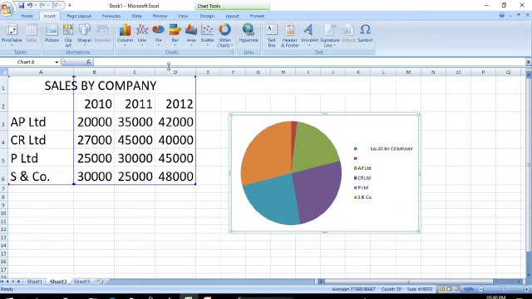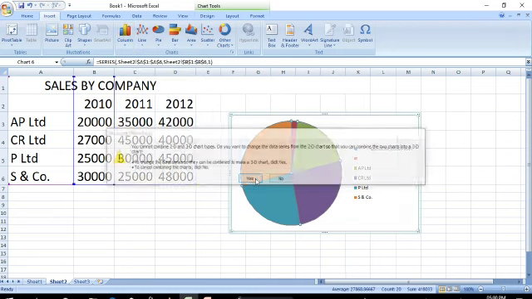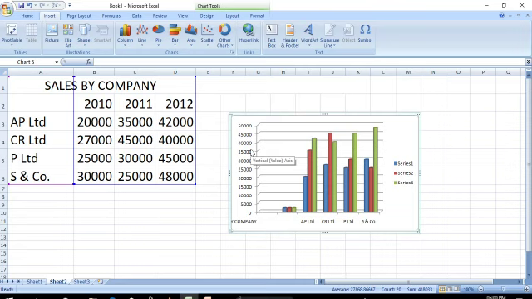We saw the different chart types here. Now we will see the components of the chart. Here I will show you the components with the column chart. Okay, this is a 3D chart. See here, this is the x-axis and this is the y-axis. The y-axis title is given here.